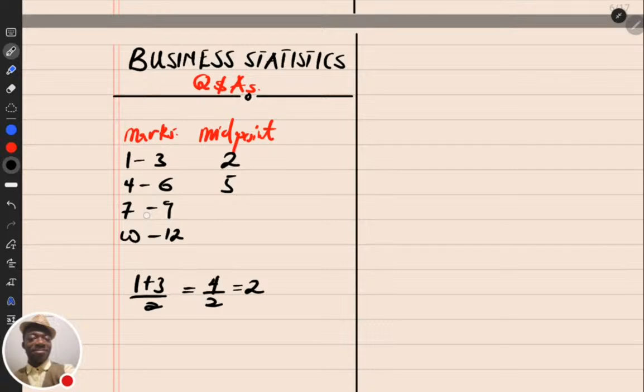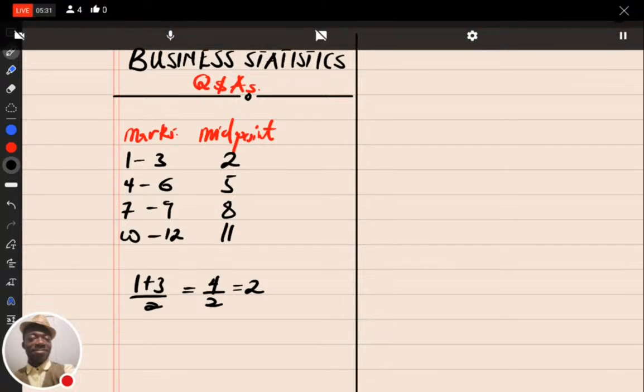So here the difference between 2 and 5 is 3. That means the next midpoint is supposed to be 3 added to the 5 here. So 3 added to 5 fetches me 8. You can check: 7 plus 9 gets 16, divided by 2 is 8. Here too, 3 added to 8 is supposed to get 11. You can check as well: 10 plus 12 gives 22, divided by 2 gives 11. So this is how we calculate